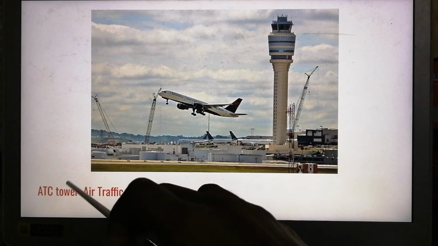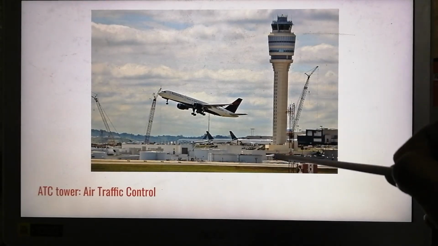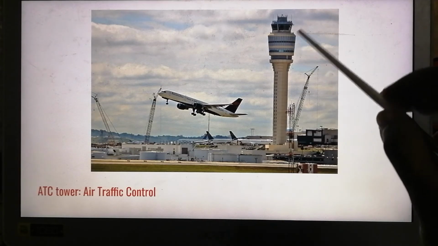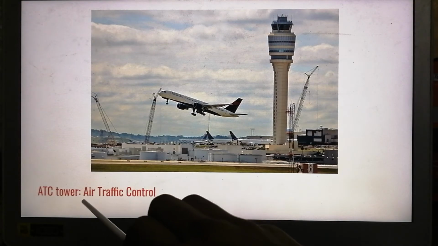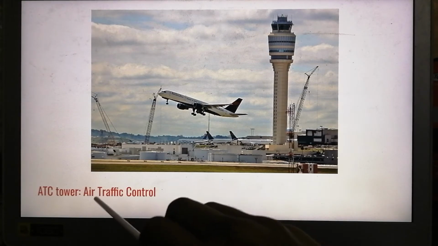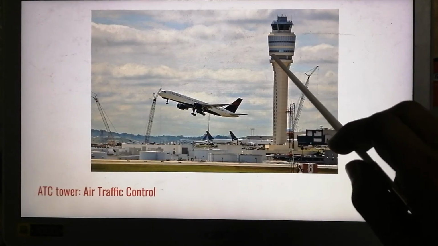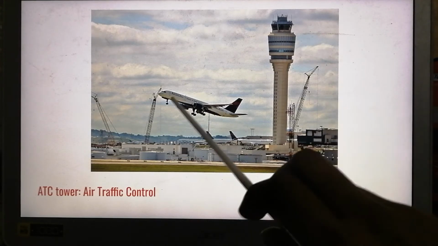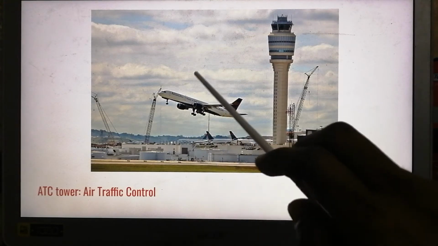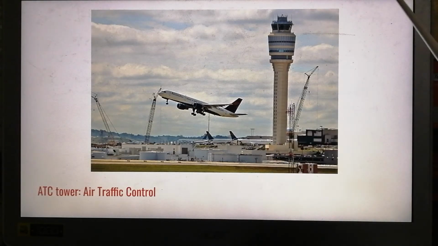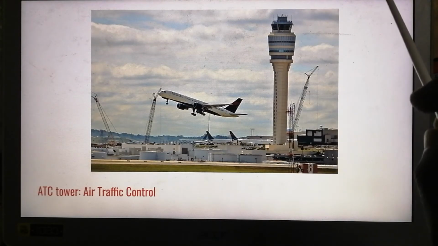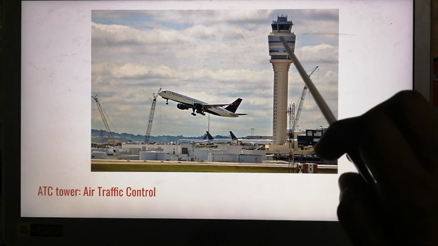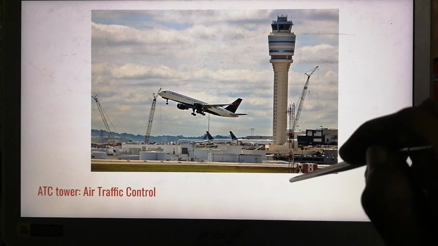ATC tower is another important place in the airport. This is the ATC tower. As you can see, people will be sitting here, and the people who sit here are ATC, which is called air traffic control. So the people who are sitting here will be controlling the air traffic. They will be constantly in contact with the pilot, and they will be telling them if the runway is free, if they can take off now, if everything is clear, how the weather is, if they have to take care of something. Those kinds of information regarding the traffic in the air happen here, and this is called an ATC tower.